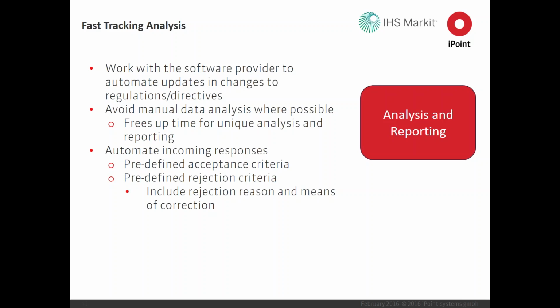If you want to basically say if this particular part meets these certain criteria for weight, exemptions, etc., then you can have a predefined acceptance criteria, and therefore it's automatically being accepted when that data comes in. Or on the flip side, automated rejection criteria. And not only are you going to reject that submission, this is very important, but you're going to include the